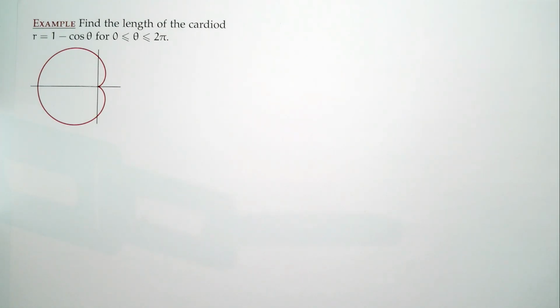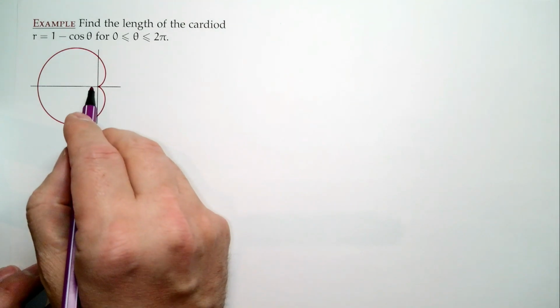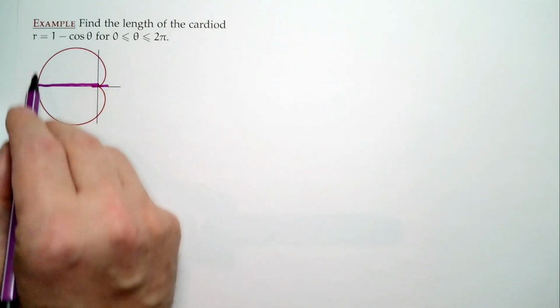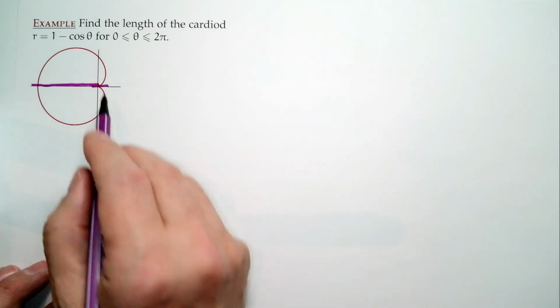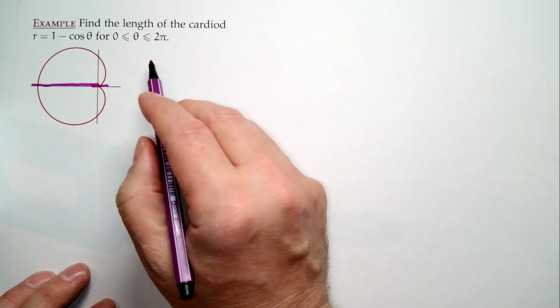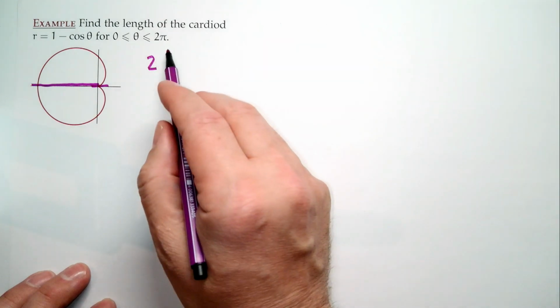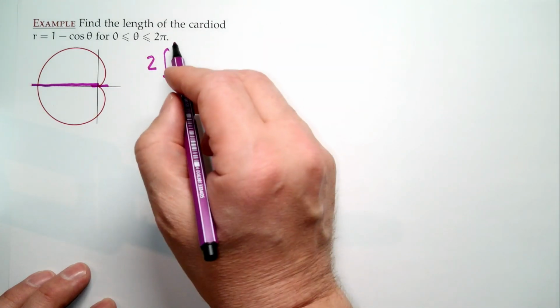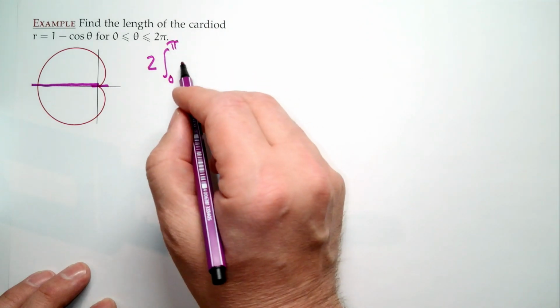Well, let's make it a little bit easier on ourselves. How about, instead of going from 0 to 2 pi, we use symmetry and say that going from 0 to pi is the same as pi to 2 pi. So let's just go from 0 to pi and double it. That might or might not help, but oftentimes if I can knock a problem down in size, I like to do it. So 2 times the integral from 0 to pi of the square root of,